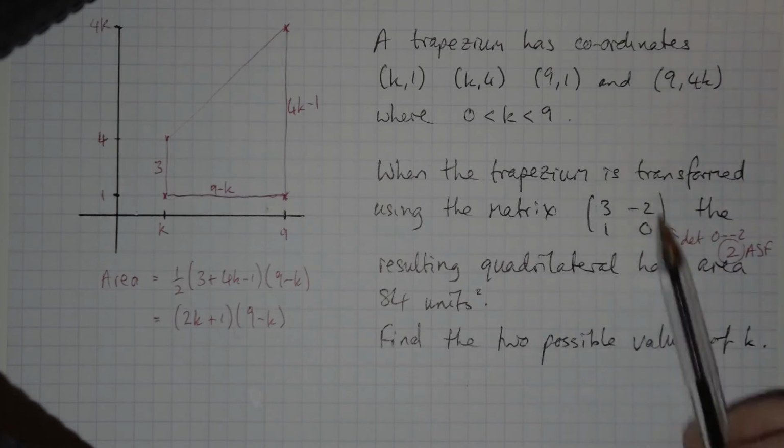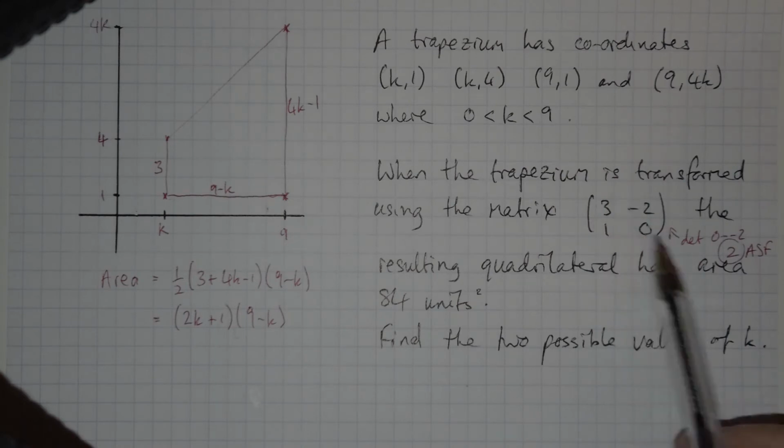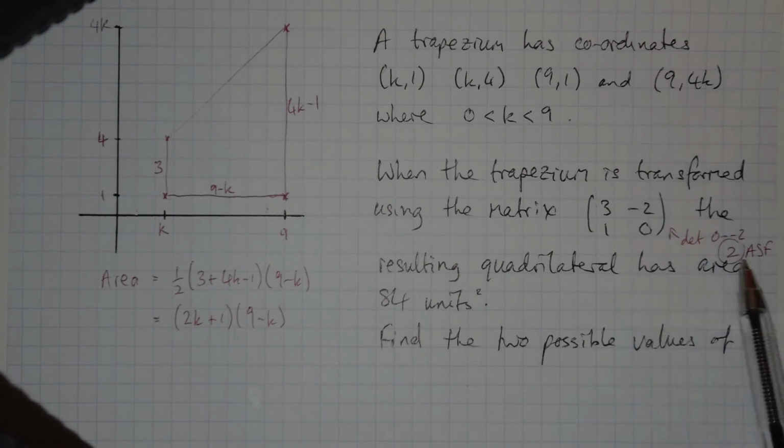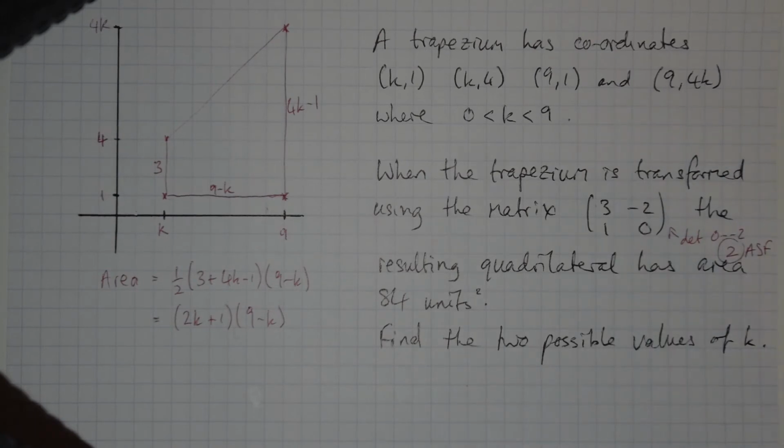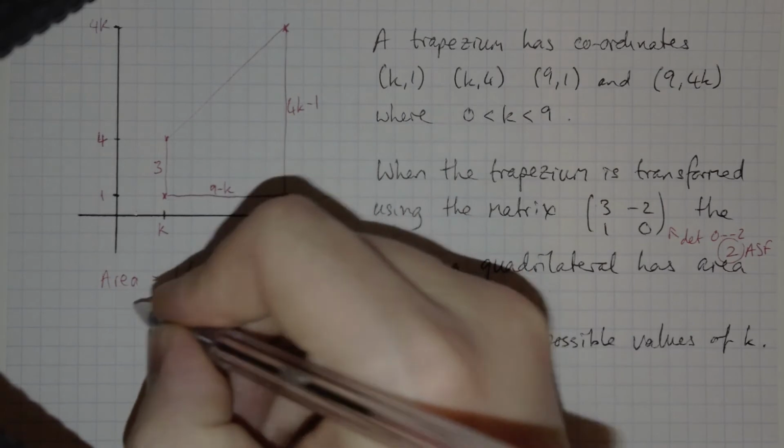It could do any of those things, but some part of this is obviously doing an enlargement or possibly a couple of stretches, because the area of the new shape is twice as big as the area of the original shape. If the new shape has 84, well, the original one must have had 42, because this one is twice as big. So the original shape, the one I've got in front of me here, this trapezium,